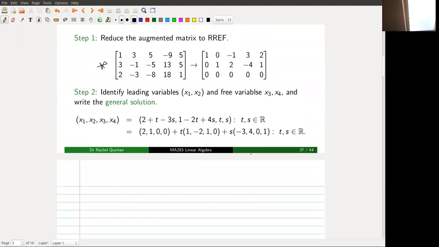So the augmented matrix of our system is written there. It's 1, 3, 5, minus 9, 5 in the first row. 3, minus 1, minus 5, 13, 5 in the second. And 2, minus 3, minus 8, 18, 1 in the third. And the usual strategy for